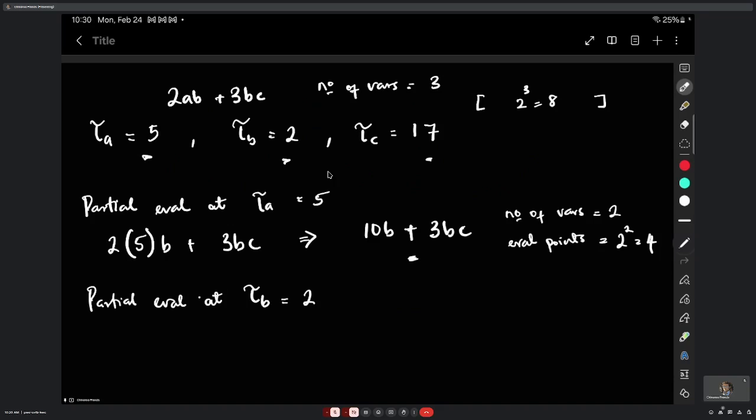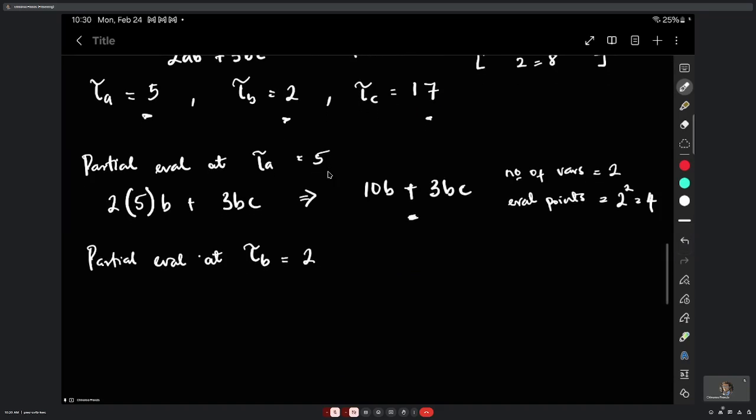This is the polynomial we are working with now, because we partially evaluated the initial polynomial at A and got a new polynomial, and we're now going to partially evaluate it at B. So this will be 10 times 2,